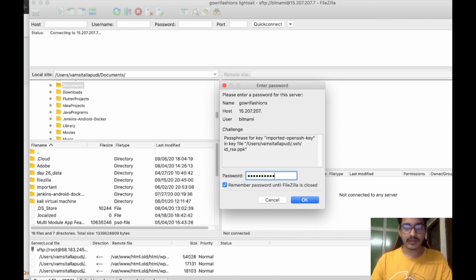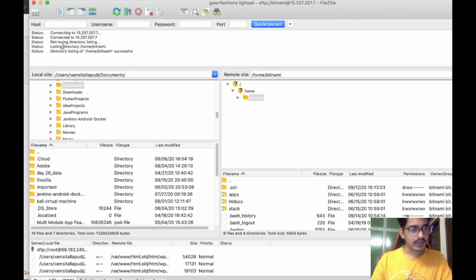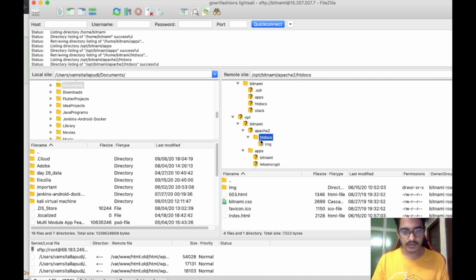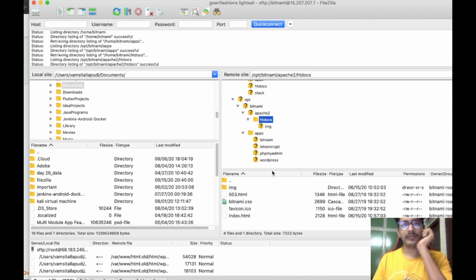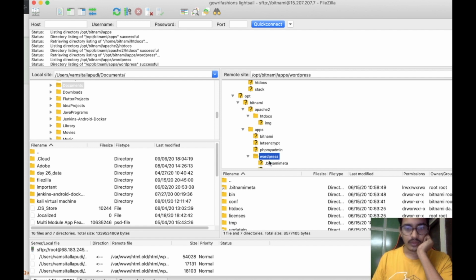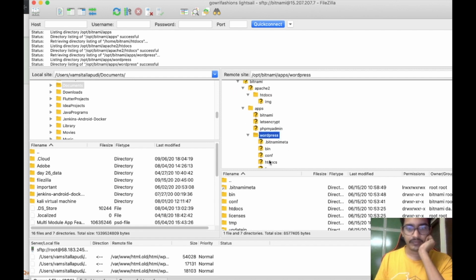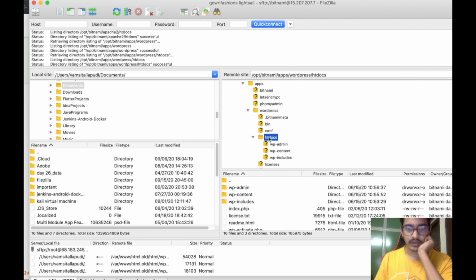Let me give my password, click on OK. So as we can see, the listing of directory is successful. So now we entered into our web server. Let's open our htdocs. So let's open our apps, WordPress, htdocs,